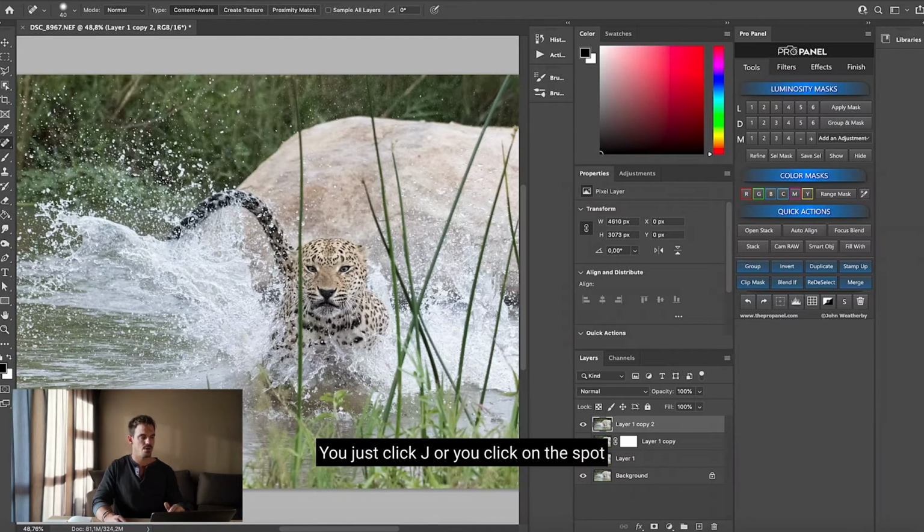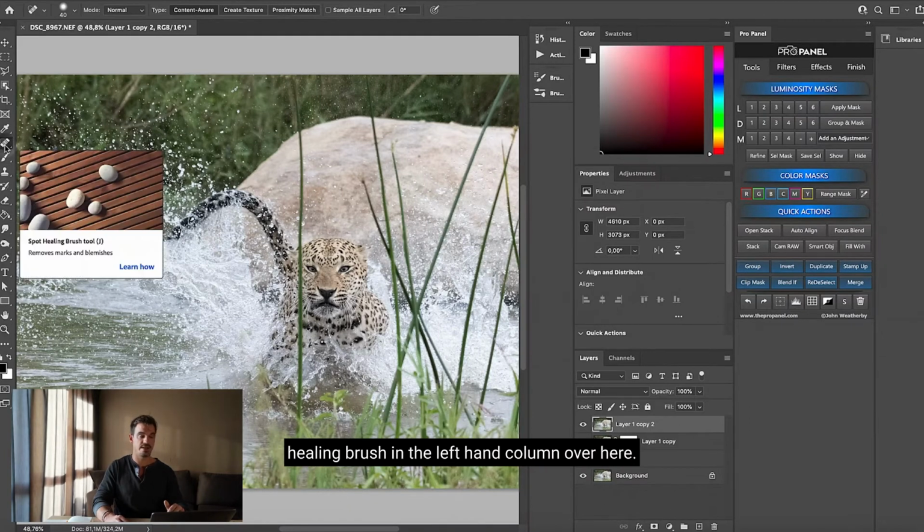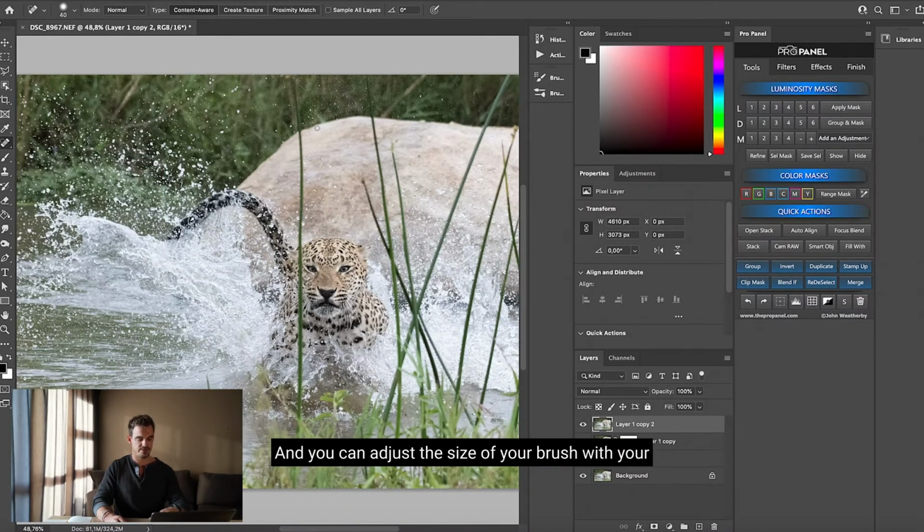You just click J, or you click on the spot healing brush in the left-hand column over here, and you can adjust the size of your brush with your bracket keys like so, and make it bigger or smaller. You make it just bigger than the spot or line you want to remove, and it's as simple as painting over it like this, and it's gone, just like that. And you can do it all the way down. Obviously a face is a little bit more difficult, and we'll get into how to reconstruct a face at a later stage, but if I wanted all these sticks gone, I literally just paint over them with J,